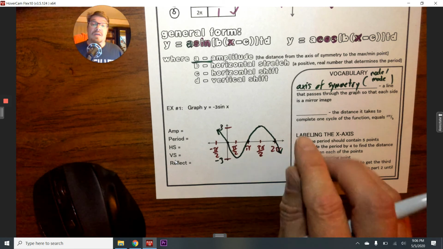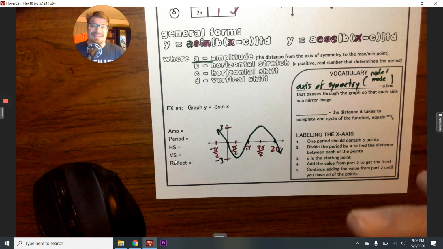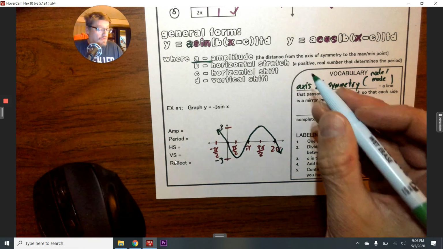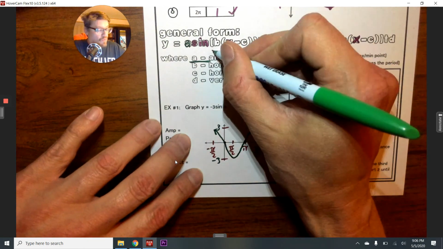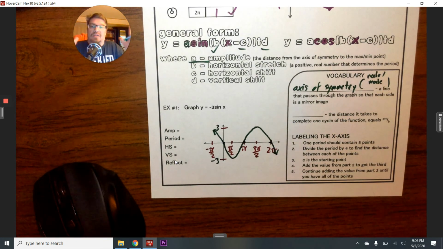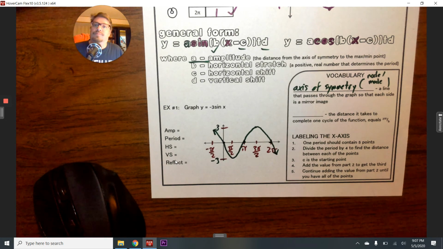Now, this thing was not vertically translated or horizontally translated. And that, of course, is where this and this come in. But tomorrow, we're going to go over what that B does, and how it changes the accordion effect that squeezes it in or pulls it outwards. All right, so that should be enough to do your homework. If I can remember tomorrow, I'll do a couple examples, like 1 or 2, so you can see how you're doing, and then we'll go from there. All right, so more videos tomorrow. Have a good